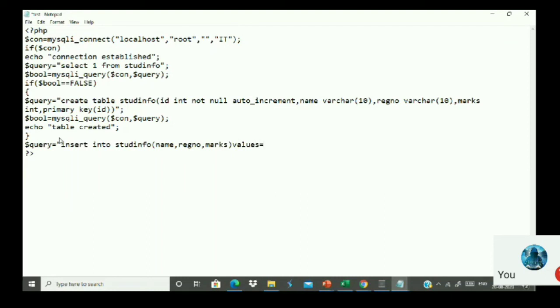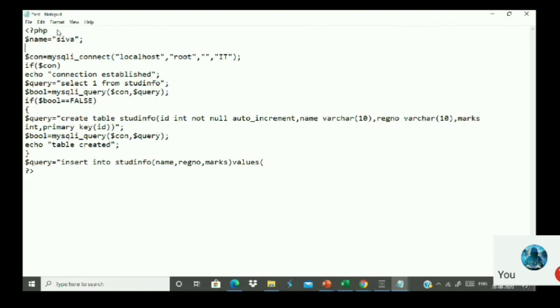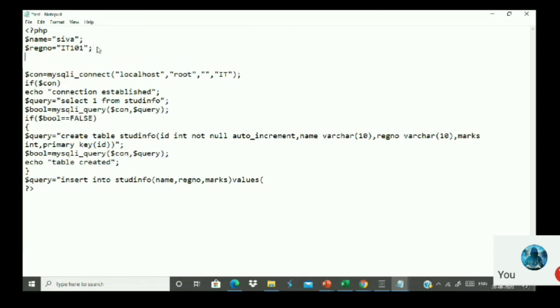So values, you have to insert the respective values. Say for example, let us imagine you have collected name here. Name, you have collected my name as okay, and register number IT 101, and the third parameter is called as marks here. So marks equal to 78.